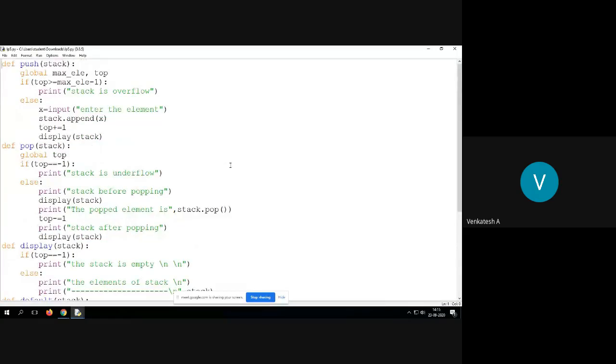Okay, first let us discuss what is stack. Is it a data structure, students? Yes, sir. So what are the applications of stack? Why is the stack necessary for us? To store items. Okay. So is it possible to store dissimilar or heterogeneous values in a stack? Only similar values. Okay.